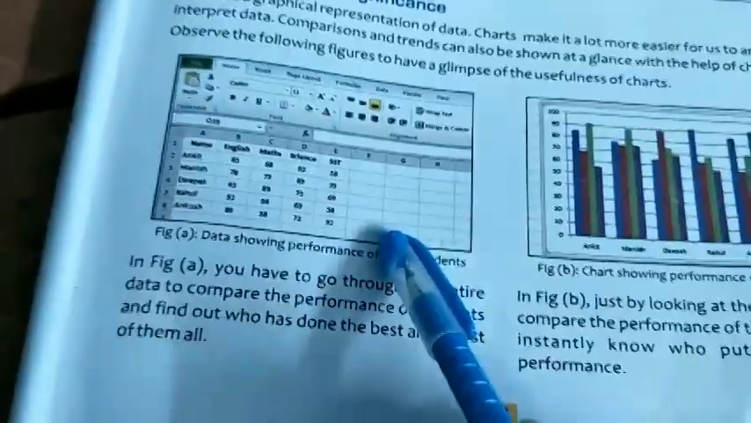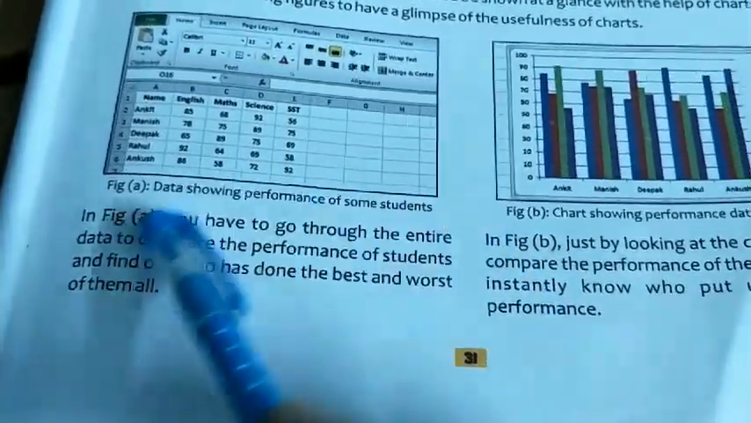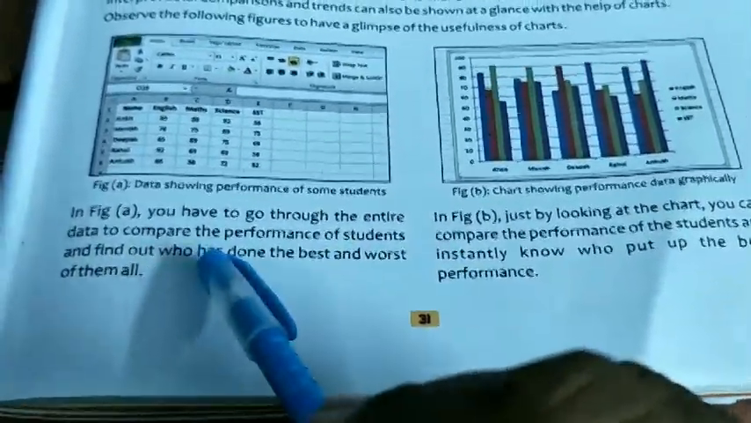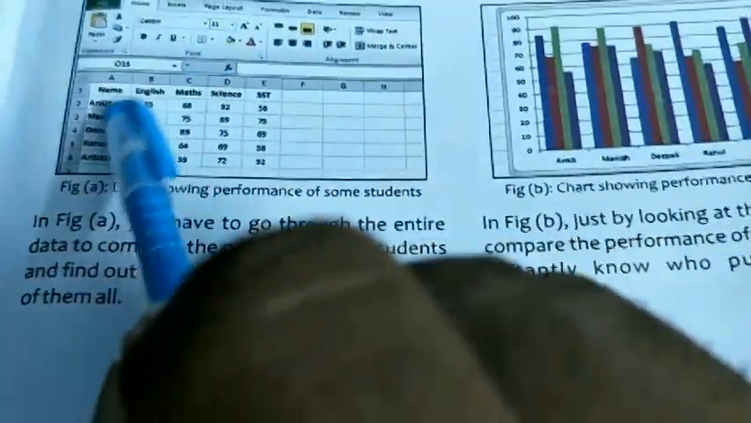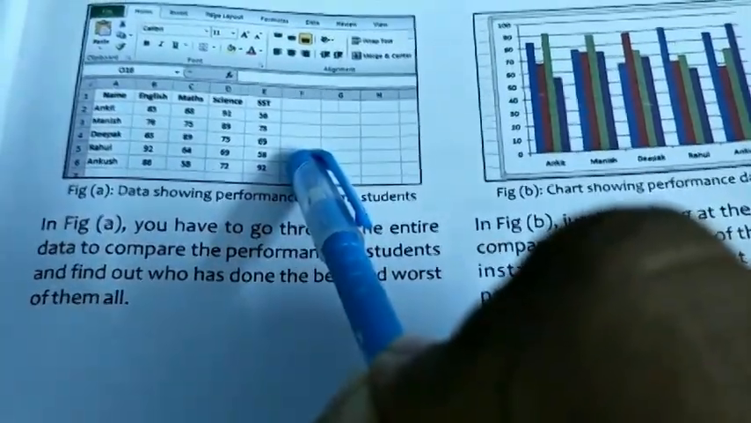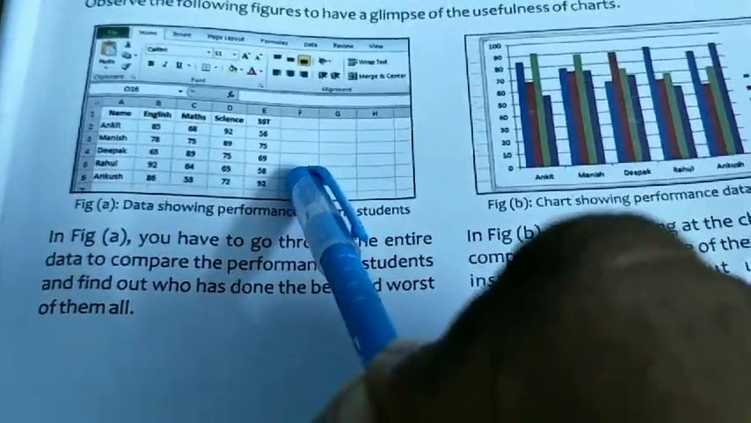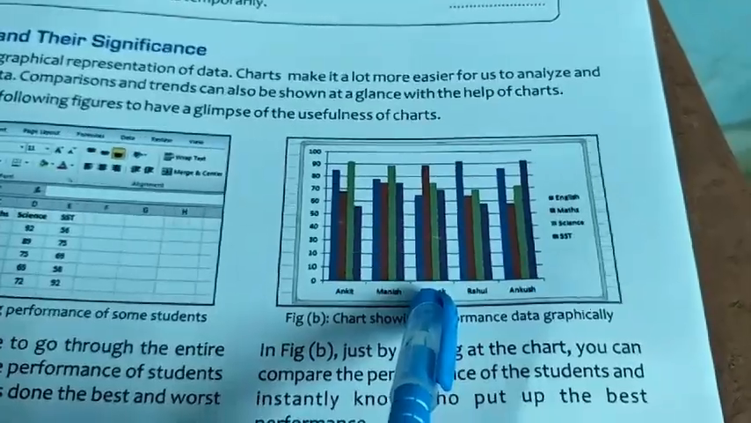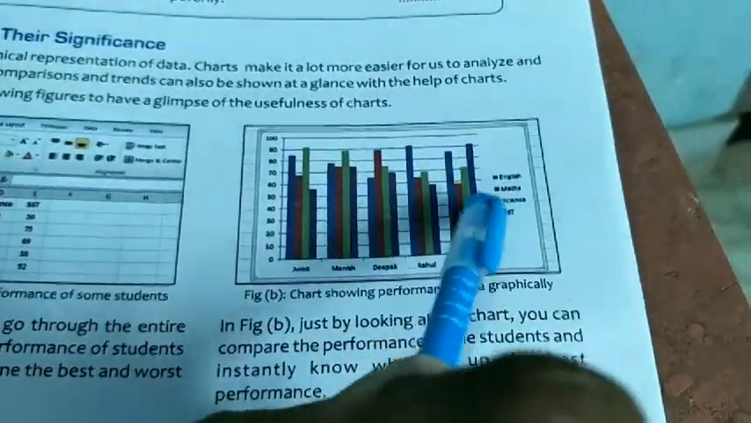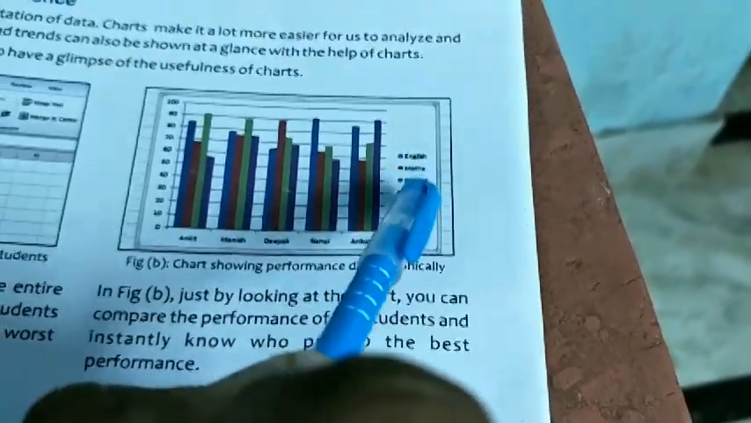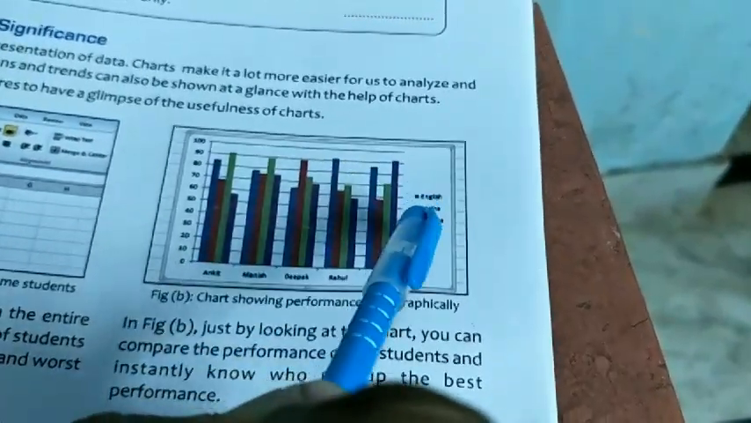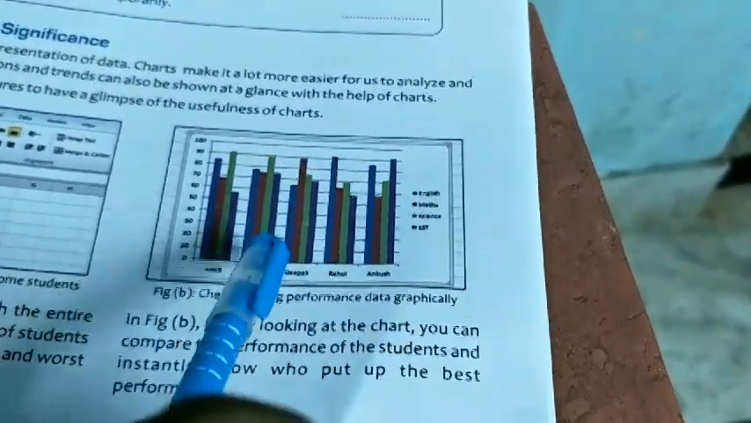Means, look at figure 1. You have to go through the entire data to compare the performance of the students and find out who has done the best and worst of them all, okay? Means you have to see each value, then you can find who is the best performer or worst performer. But here you can see the names of the students, and here symbols are used to tell which bar is used to display which subject's marks,